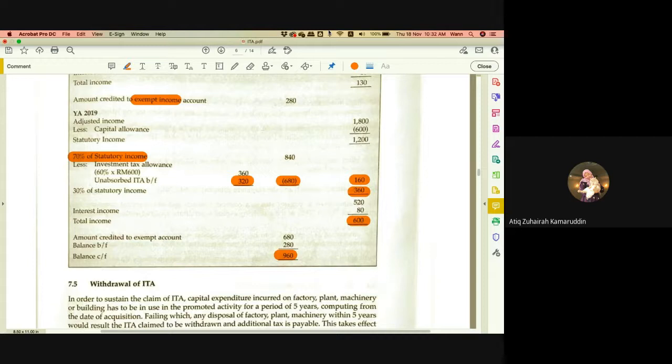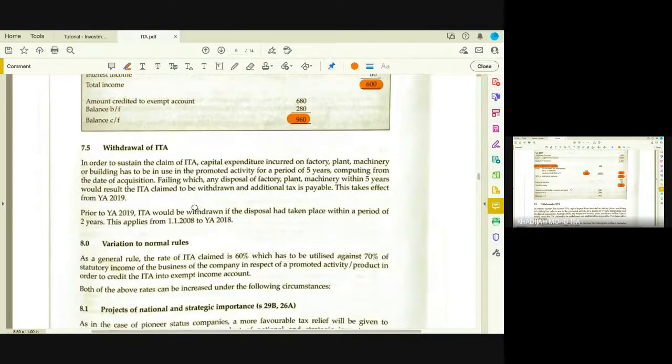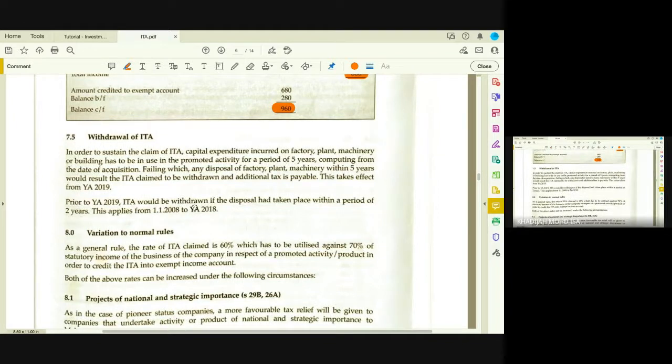Okay. All right, with the withdrawal of ITA, in order to sustain the claim of ITA, capex incurred on factory, plant, machine, or building has to be used in the promoted activity for a period of 5 years, computing from the date of acquisition, failing which any disposal of factory plant machine within 5 years would result the ITA claim to be withdrawn. In other words, if you stop using the machine, whatever the plant and machinery, or you dispose of within the 5 years period, which is the TRP, the tax relief period,